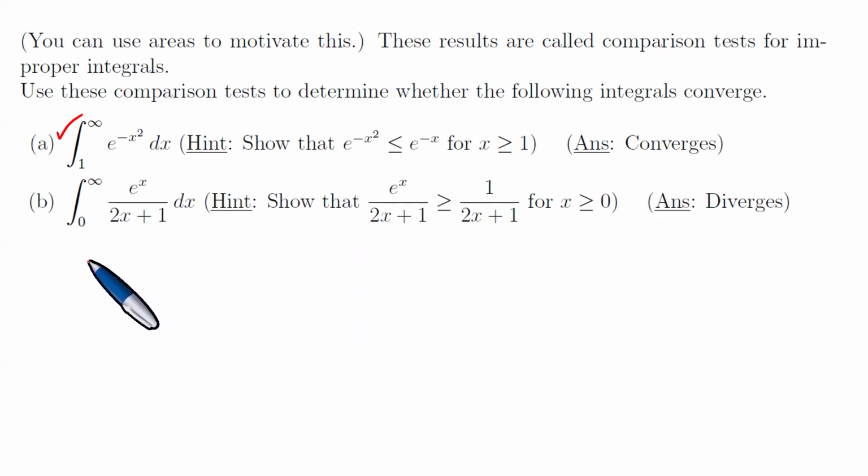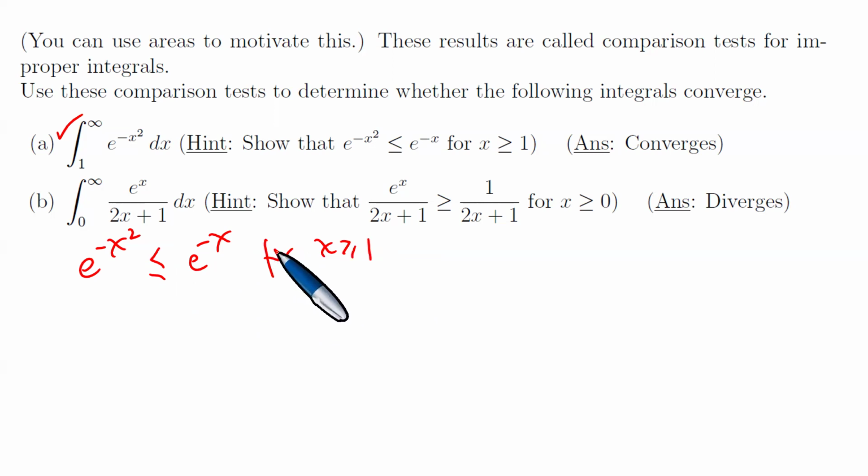But we actually begin by saying e to the minus x squared is less or equal to that for x bigger or equal to 1. And then we can take the integral both sides of this, but it's from 1. So we're going to integrate from 1 to b, e to the minus x squared, less or equal to, okay,